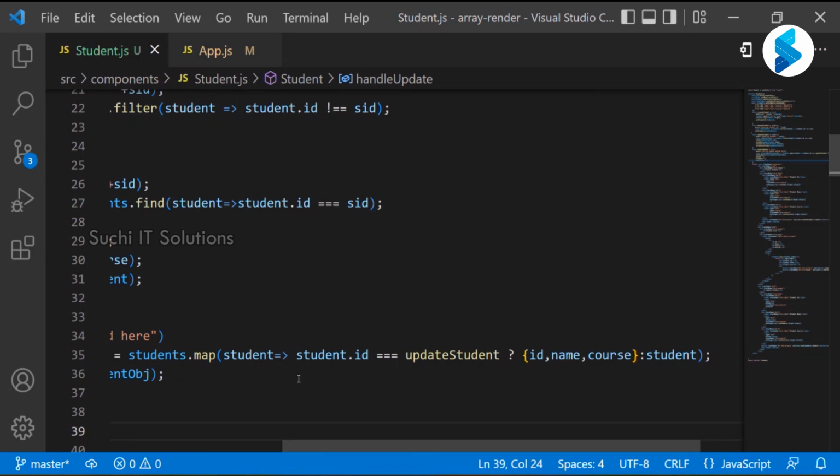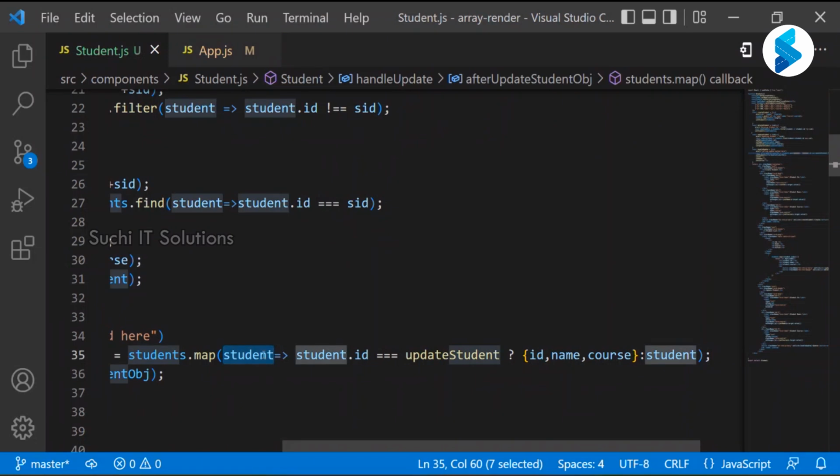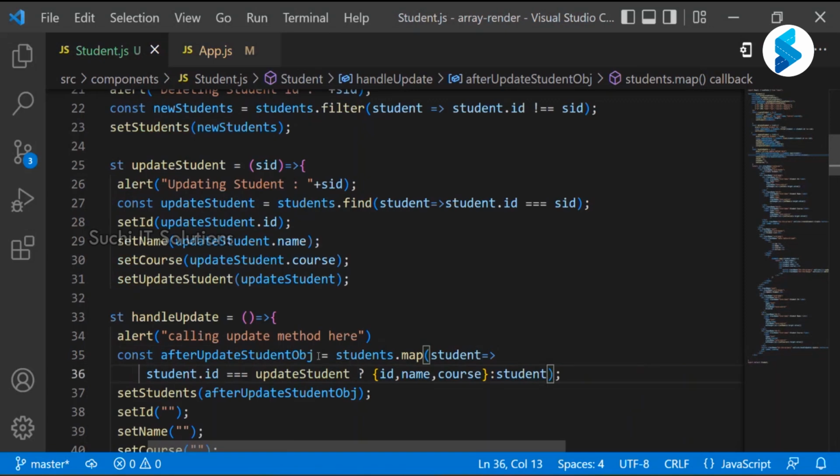So at the table level, if I'm going to render, I'm going to pass the student object comma index, right? But here I'm going to use what? Only student. This student level ID, for readability purposes, I need to move to the next line. Okay. So this student ID equal to